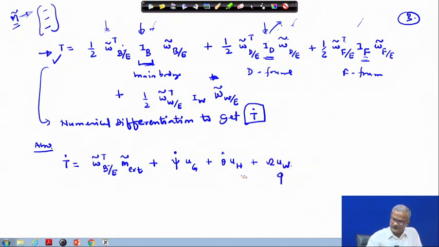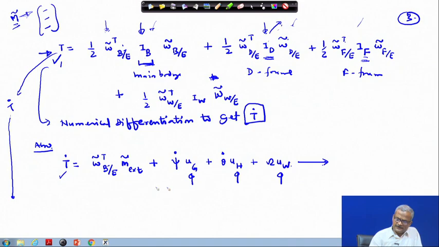These are the torques applied by the corresponding motor, and the kinetic energy will change due to this. So T dot we get from this place, and the T dot you will get from the other place. Both of them should match. This T dot and this T dot should be identical, they should be equal.